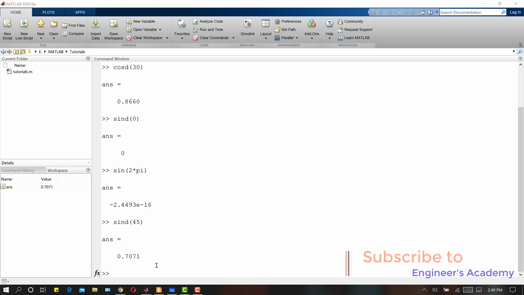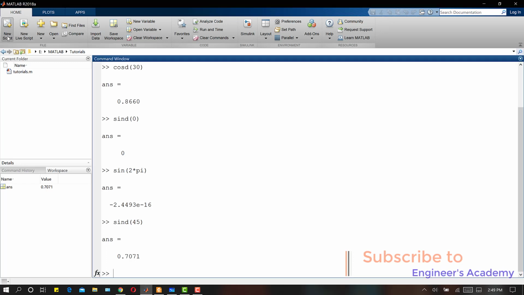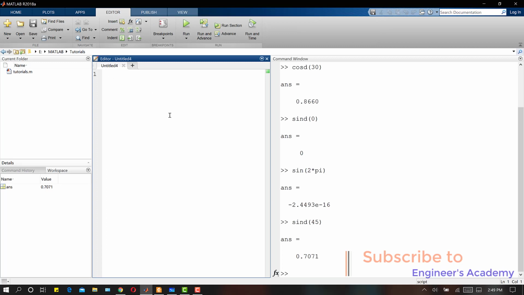Basically, in MATLAB, to perform an operation there are 2 ways. One way is to enter the commands directly, as we were doing so far, and another way is to put your commands in a script file and save that file in your directory with a .m extension. So how to do that? I will now switch to the editor. How to activate the editor? I will click on New Script. Now I am in the editor script file.